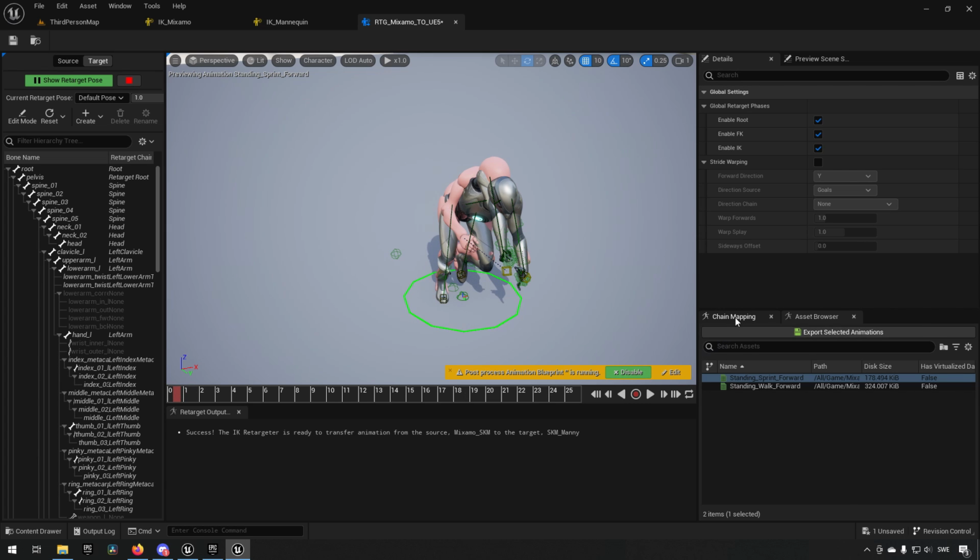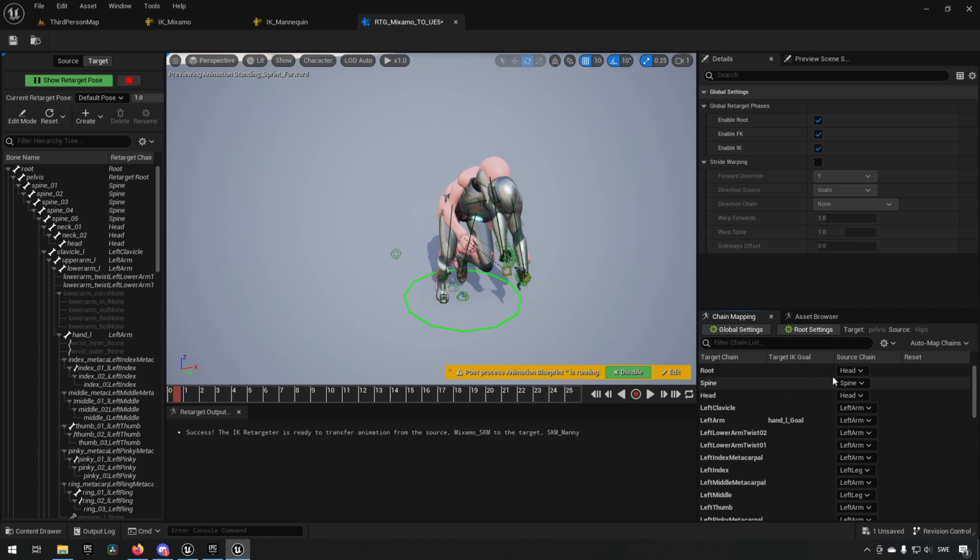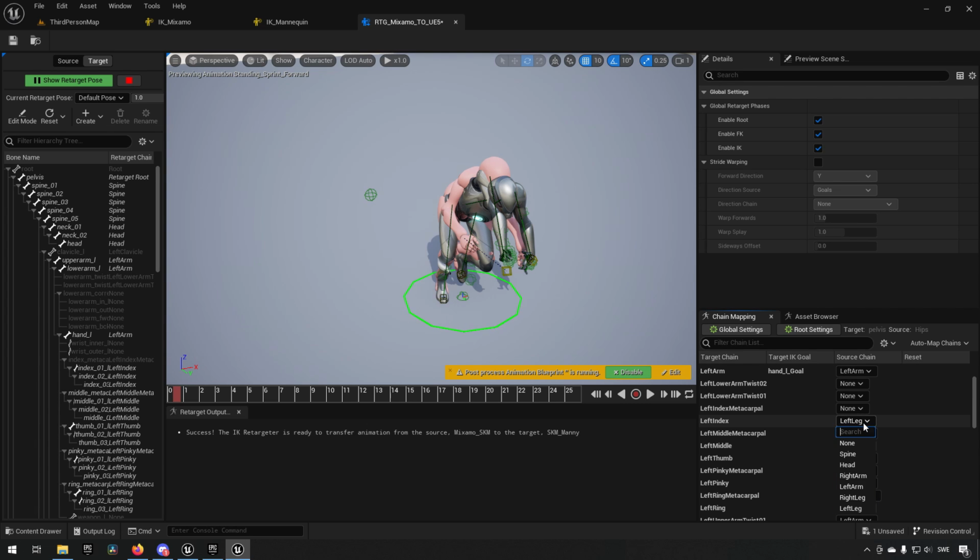So what can we do then? Well, first off, we need to make sure that our chain targeting is done properly. So for example, our root here, we don't have a root on this character set up, a root chain, so we'll choose none on that. We have head, we have spine, left clavicle. We did not necessarily map that one quite yet, so we can put that as none for now. Lower arm twist we don't have, twist we don't have, metacarpal we don't have, and you just go through these and you can see now left index is referring to the fingers, so we don't have these ones set up as well,